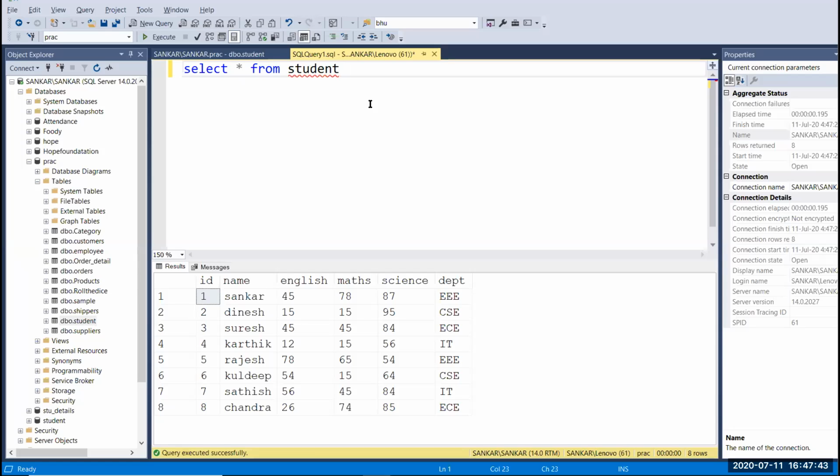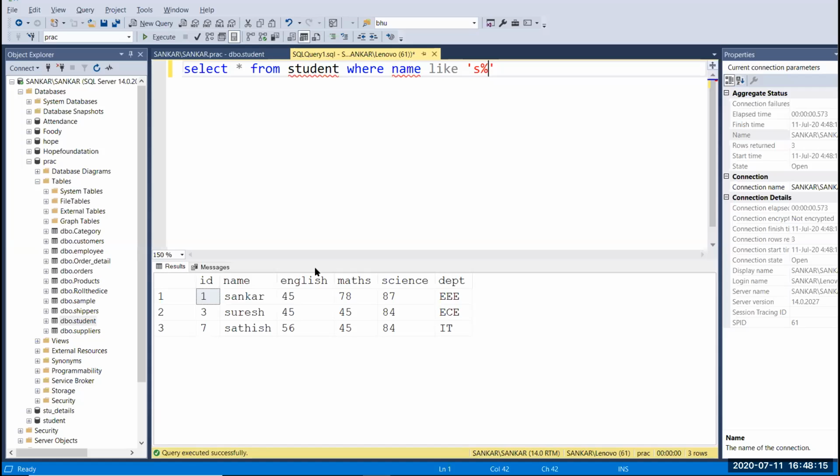In the WHERE clause, pass your column name and give LIKE, then give single quotes. To get the S letter from the starting position, you have to give S and the percentage symbol. Now we get the names that start with S. I'm going to run this. We have 3 rows: Shankar, Suresh, and Sadish.